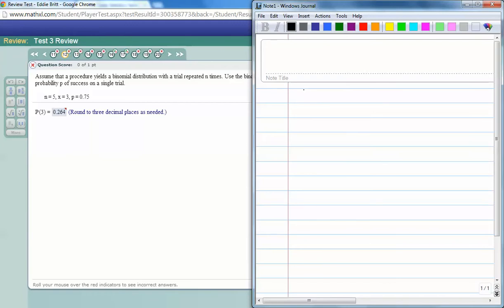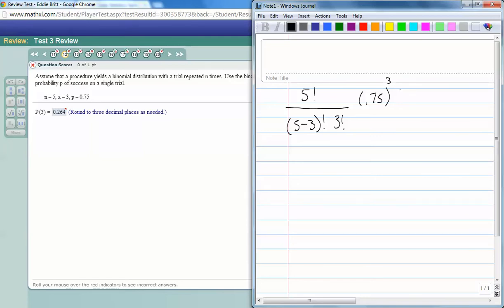Plug in your n, so that'll be 5 factorial over n minus x, so 5 minus 3 factorial, times x factorial, so that's going to be times 3 factorial. And then we have p, which is 0.75, to the x power. Our x was 3, so it's going to be 0.75 to the third power,